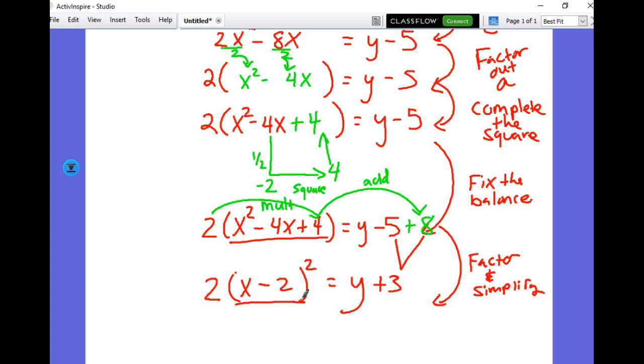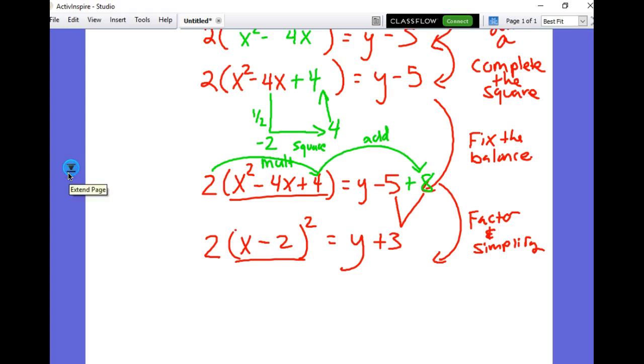Now there is a shortcut though, and I'll share that with you in a minute, but for now that's the answer. Let's go ahead and move on to our last step here to complete the square. The last step is to take that 3, which is next to the y, and move it back over to the other side. Now that 3, I'm going to call that k, because whenever something is in vertex form, which is what we're trying to get right now,